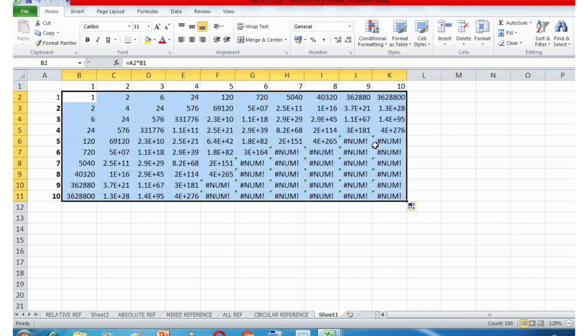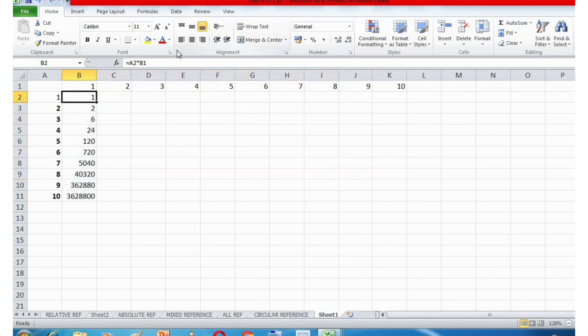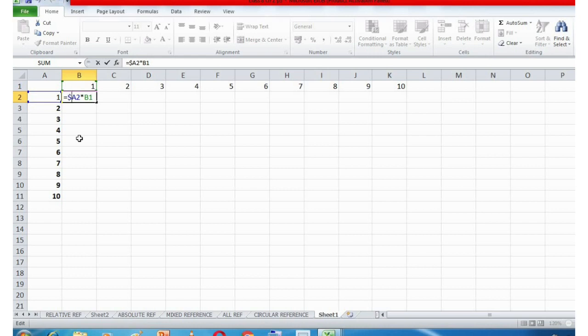So how to do this correctly is, you should use mixed referencing. So let us use mixed referencing over here. What we need to do is fix some things. For example, we need to fix this, and we need to fix this.